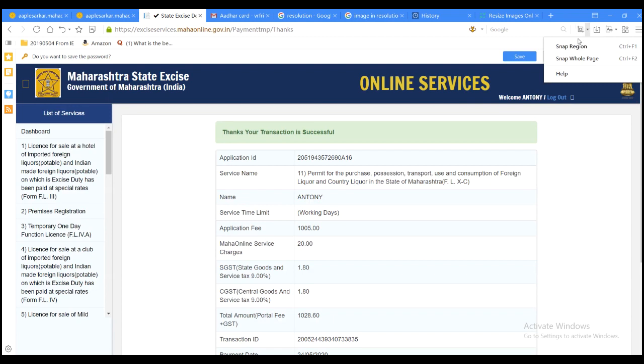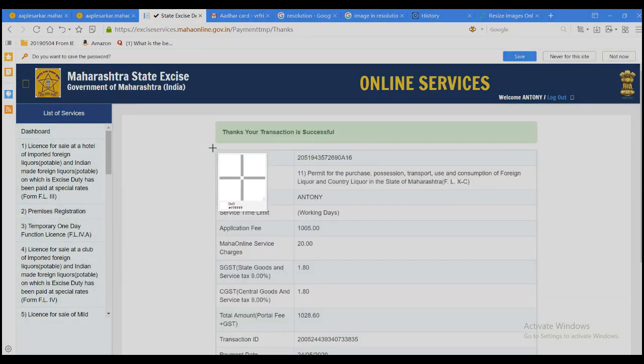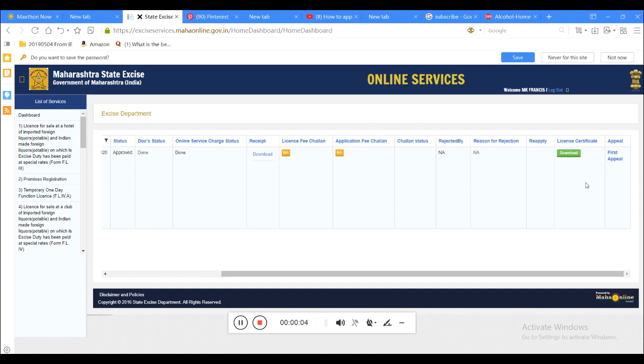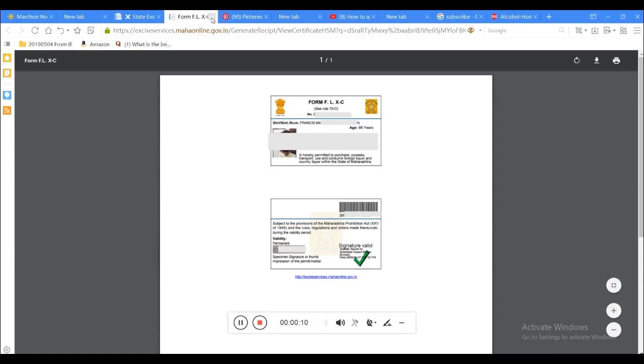You will have to wait for 2 days for the license approval on your mobile number. Okay. After 2 days, you go online. I'll give you the login URL as well. If it is pending, then you have to wait. If it's downloaded, it means your license is generated. So once you have your license, laminate it and keep it.